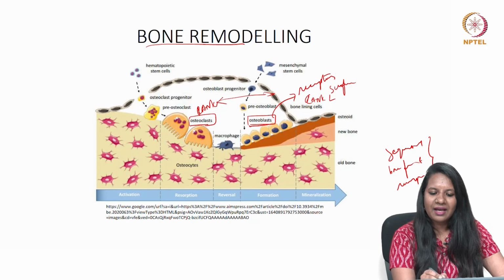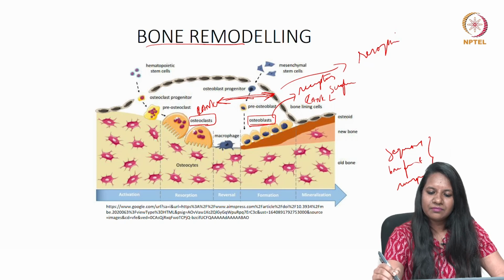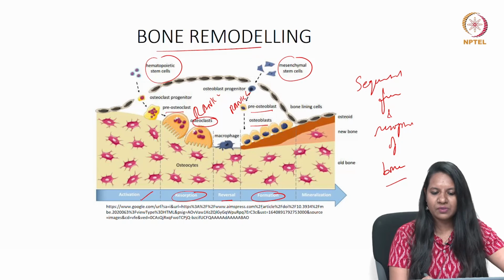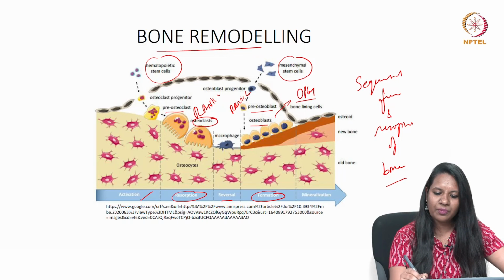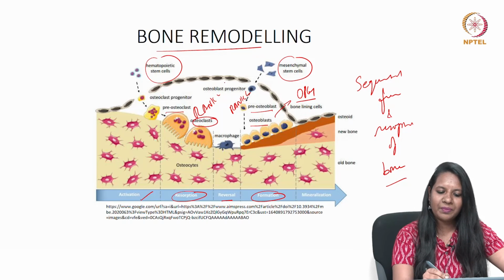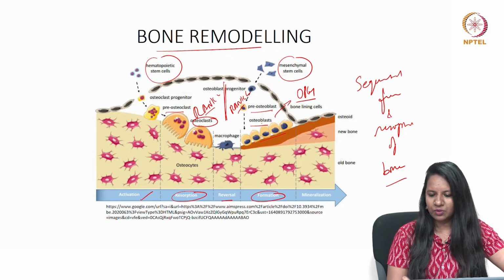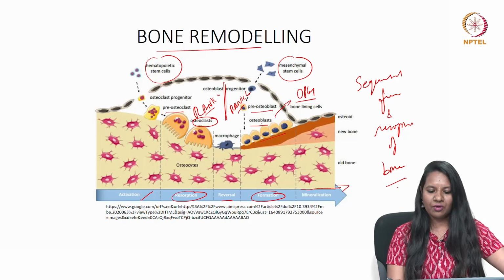So when there is synergy between the RANK and RANKL, or when they both join, there will be formation of resorption. And formation is reversed and again formed because of the presence of OPG, that is osteoprotegerin, on the osteoblast, which will break the bond between RANK and RANKL and hence leads to formation of bone by the osteoblast, which leads to the extended mineralization. That is, it is the sequential formation and resorption of bone.